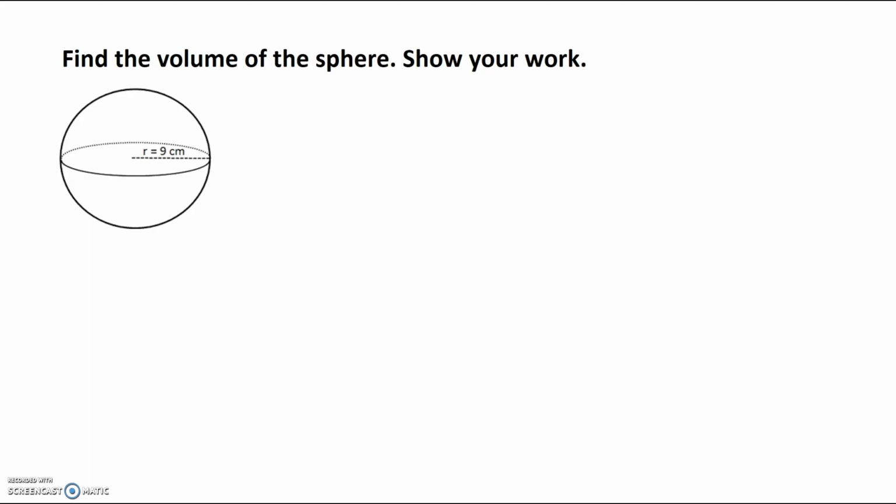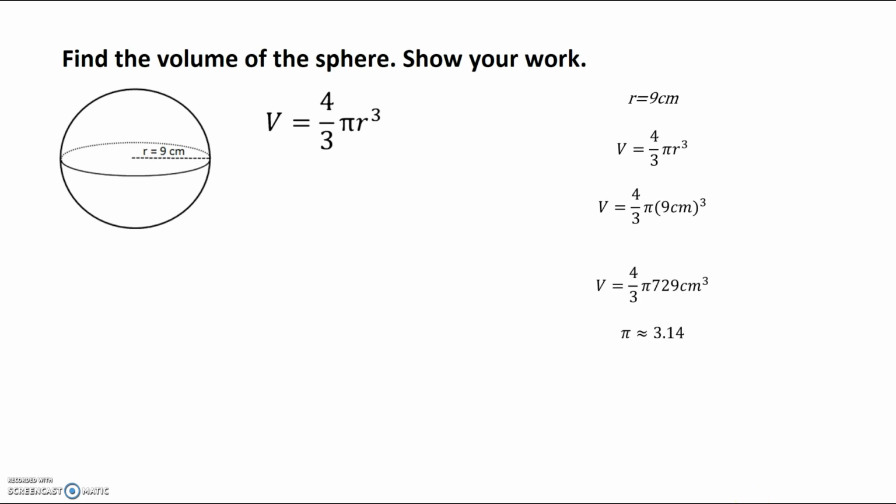So it says find the volume of the sphere and show your work. So here we have a sphere where the radius, or here's the formula for volume again. Our radius is going to be 9 centimeters. Here's the formula, so we'll plug that in for R. And then we will multiply that, and then we know that pi is approximately 3.14, so we'll go ahead and plug that in. We'll multiply those through, and we'll get that our volume equals